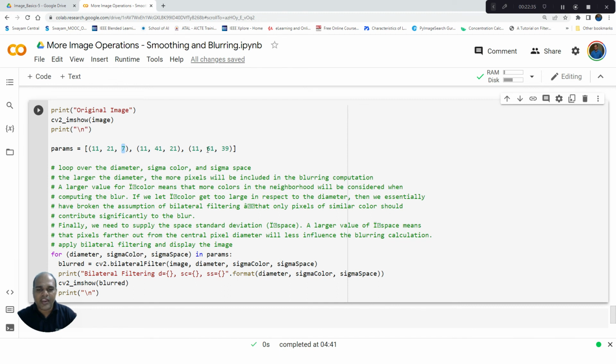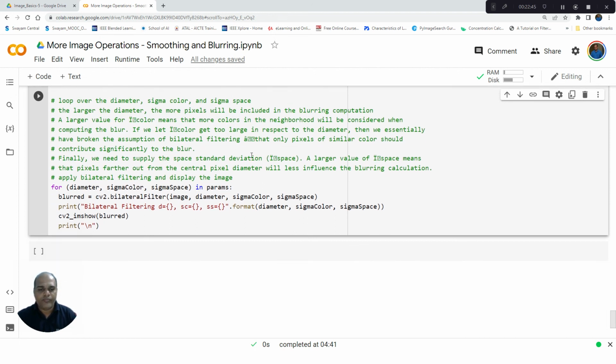We try to vary these to see the effect on our blurring operation. So as usual, in a for loop, we define these parameters: diameter, sigma color, and sigma space. Then in order to perform the bilateral filtering, we have a function cv2.bilateralFilter. Here I give the name of the image and the parameters. Thereby the bilateral filtering computation will take place. So when I execute this